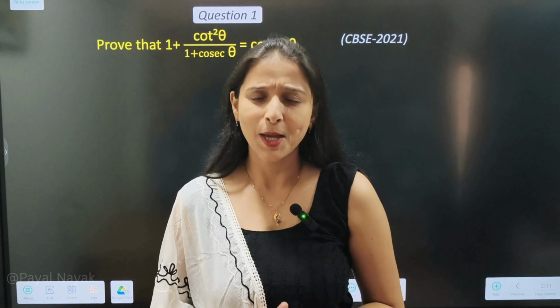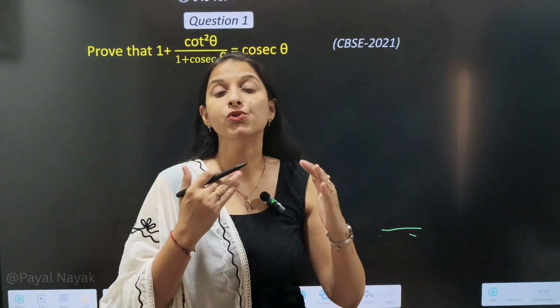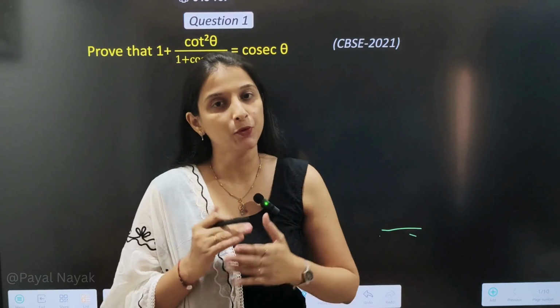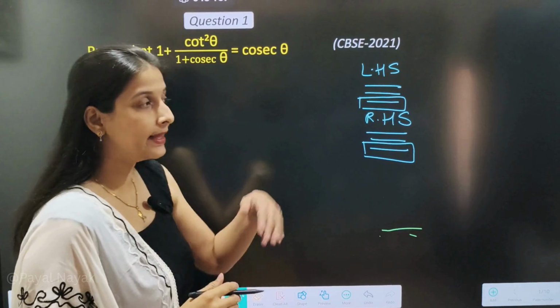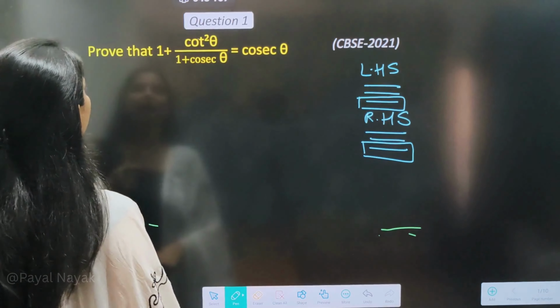Let us begin with the first question. Now, before we move on to the sum, always remember you can use two ways to solve a proof-that question. The first method is you can start with the LHS, right? Solve it until you reach your RHS. And the second method is you can start with the RHS, right? Solve it. But if, for example, you're not able to get the LHS, then in that case, you can start with the other side. A point will come wherein these two expressions are equal. And in that way also you can prove your LHS is equal to RHS. Okay. Now let us begin with the first question.